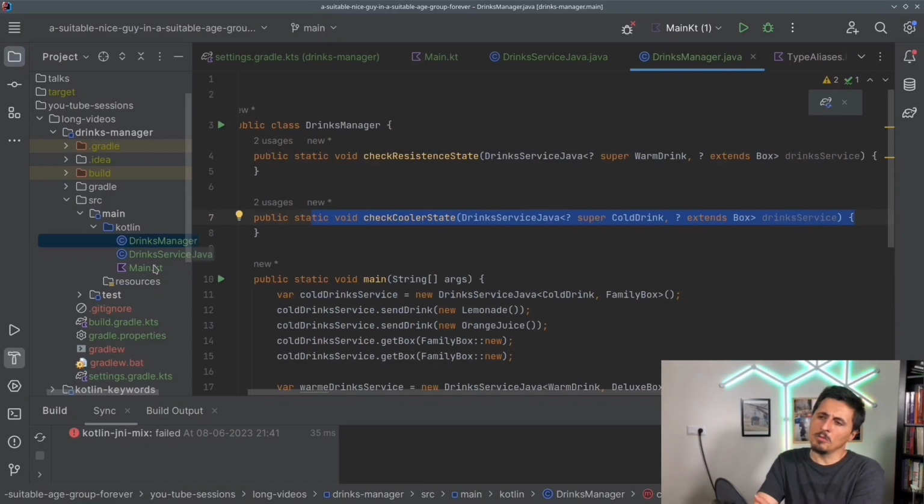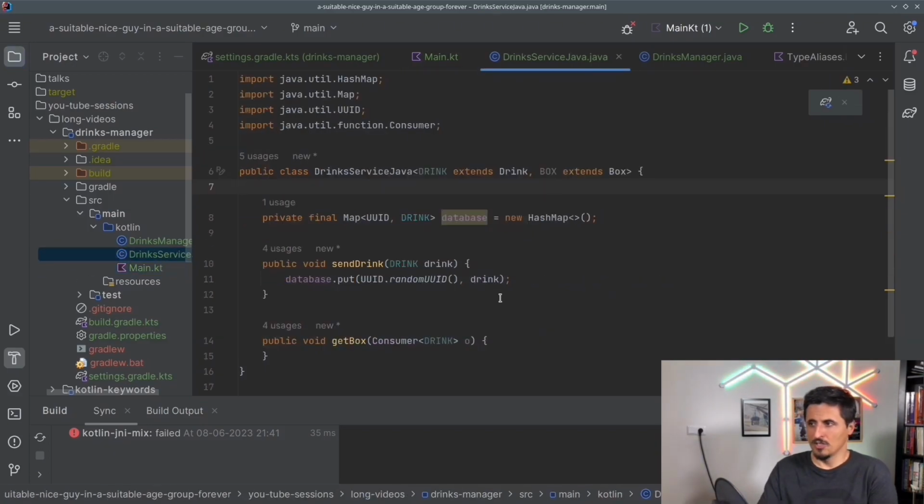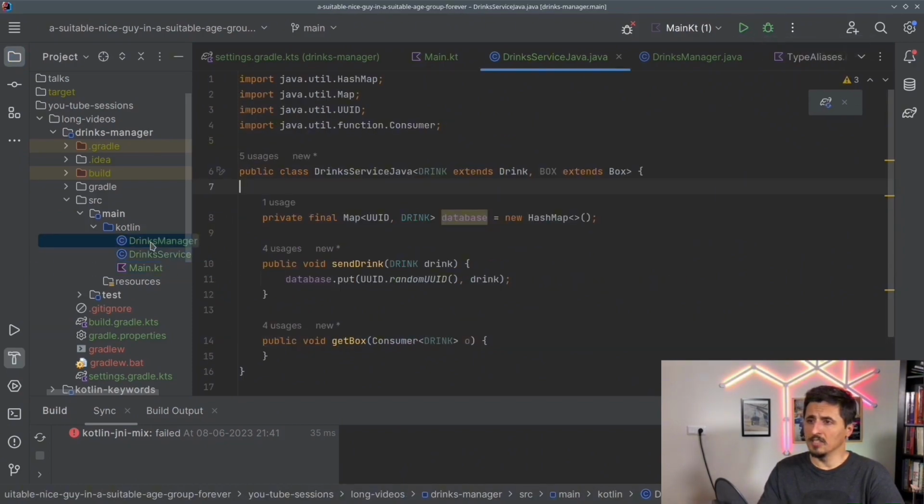Do you remember when we were using that annotation here, the example I showed you with that annotation? Well, that's kind of the only alternative if you want to keep using these types, something that Java doesn't need. The amount of code that we have been using in Kotlin is substantially lower than what we have in Java. And for the Java code, I just reused the types that I've already created in Kotlin. And it still works. And if we still run this main function,